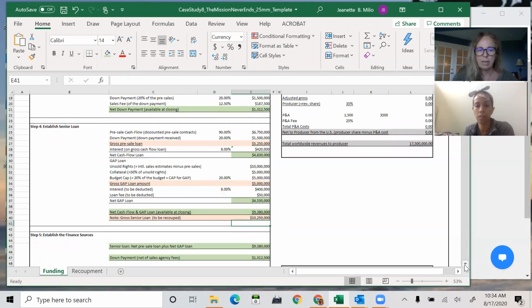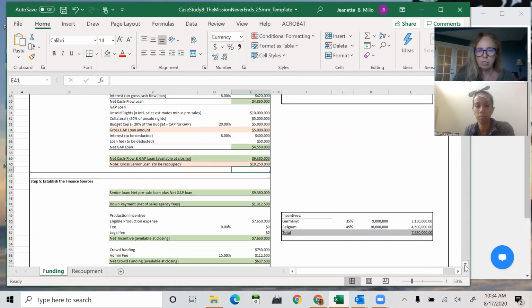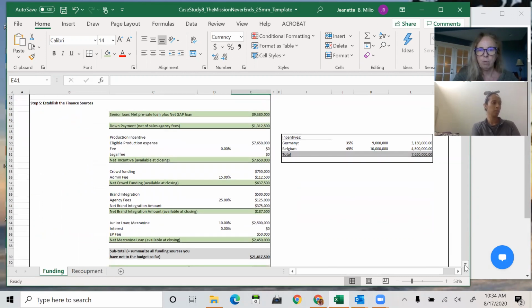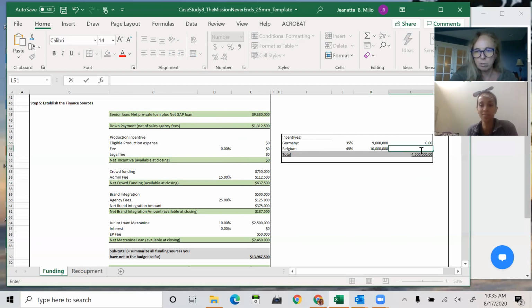So now let's go to our next situation. We're going to start with figuring out our finance sources. The first finance source is the loan. We have the down payment. Those two we already talked about. So now let's talk about the incentives. I'm going to zero this out. We're going to do the incentives on the side here. You see the incentive column here, yeah? Yeah, that is also where I got a little confused. We'll do it together, no worries. I'm just going to zero this out.